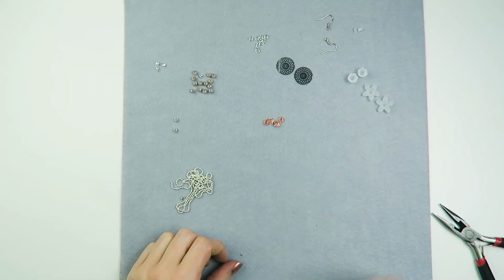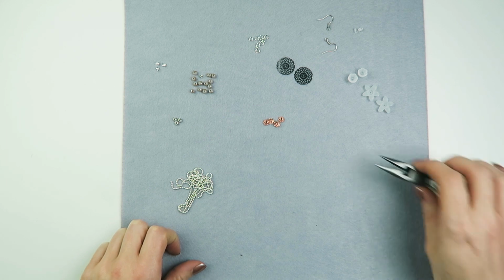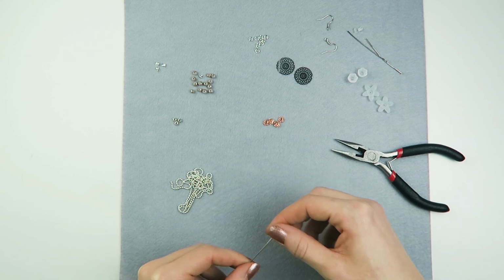So these earrings are really easy to make. You only need the right materials, and I'll just show you how you can put them together. So we're going to start with the bottom part,